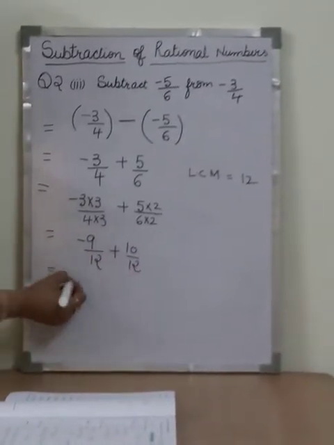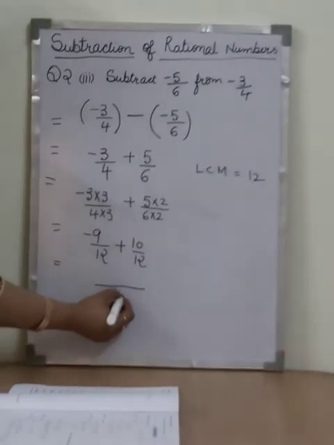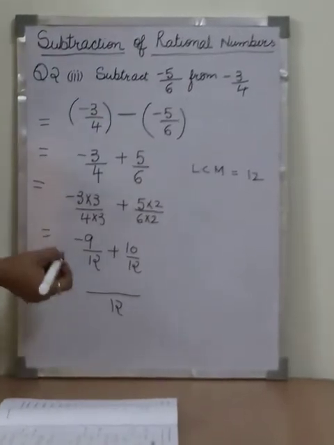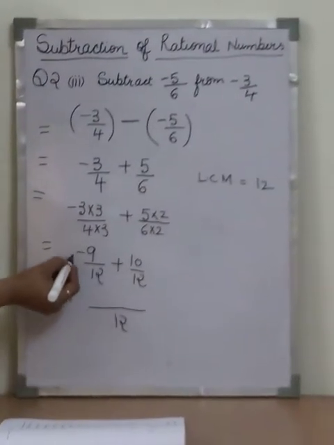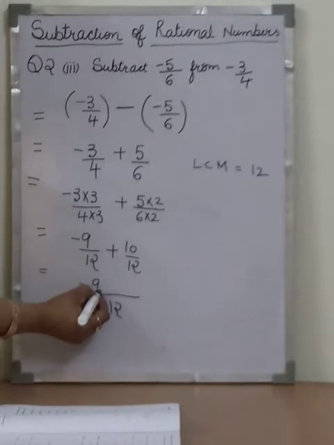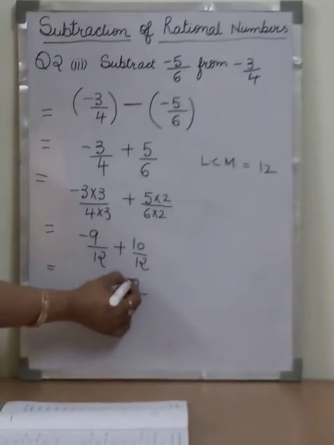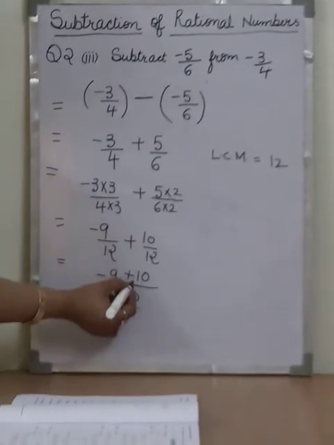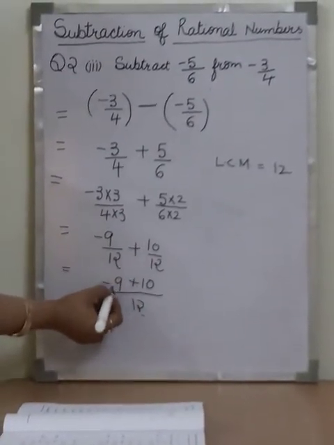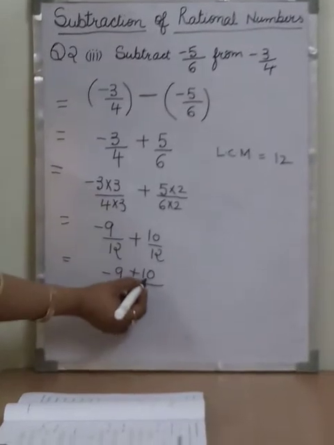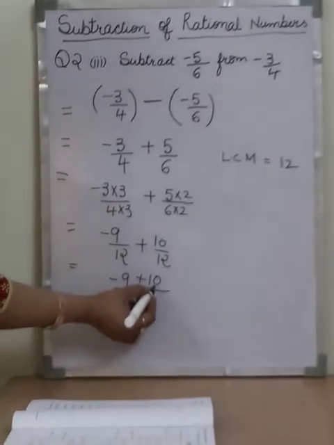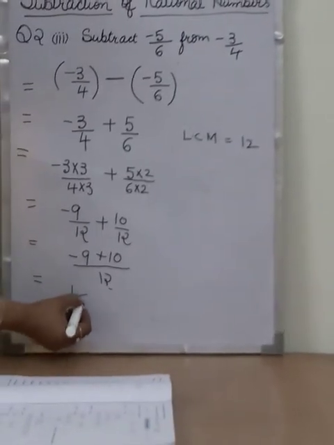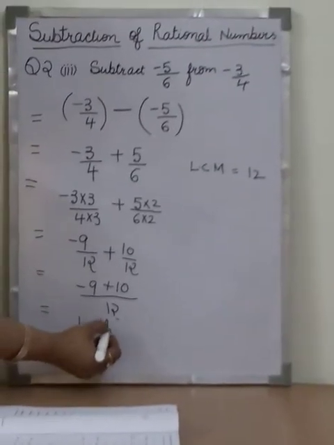Okay. Now we simplify it. It is exactly the same way we did the addition, but in subtraction we put the negative sign in the expression. That only makes the difference. So what we write here? Minus 9 and plus 10. Minus 9 plus 10, different sign. Subtraction will occur. 10 minus 9 will give you 1. You always put the sign of the number which has a greater numerical value. So 10 has a greater numerical value. So I write positive 1. 1 by 12 is the answer.